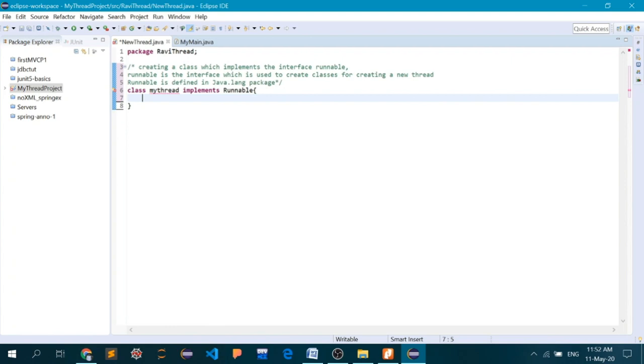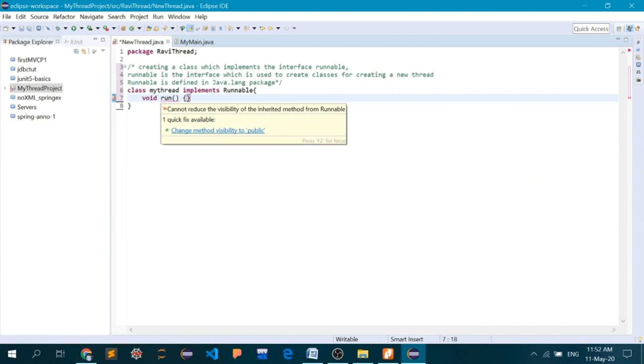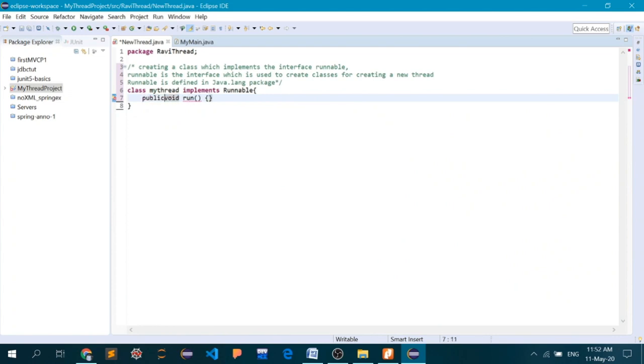That method is void run, and we have the body. Oh yes, one thing we forgot, as we discussed in the interface topics, it must be declared as public. So that is it. All the errors have gone now.